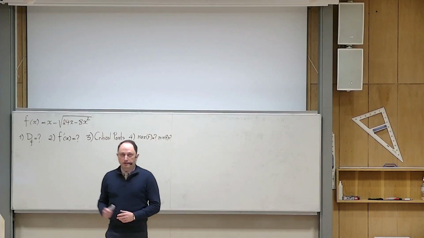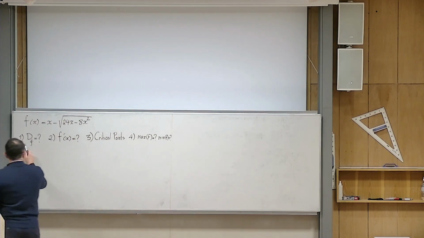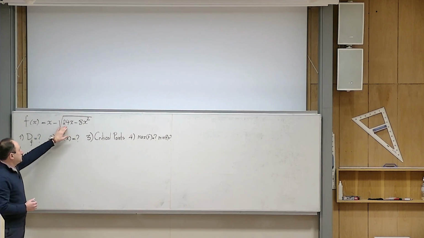Hello, so let us solve the problem now. This function is given. In the first part, we're supposed to find the domain of this function. The domain of the function means the set of all values that we can use for x, and still the function is sensible. So of course, we know that for this function to make sense, under the square root sign